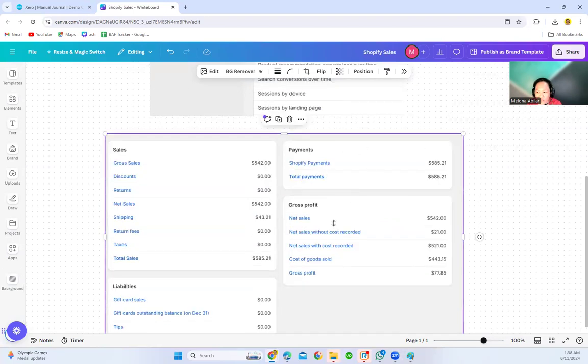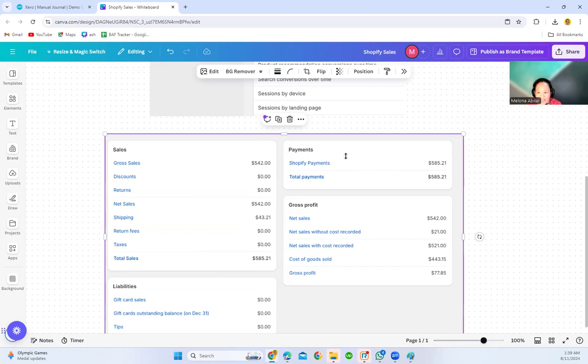The next one is we are reporting here the payments. This one is very simple because there is only one payment gateway, and Shopify payments is the one that is directly connected to your business checking account. If your Shopify store is growing, there will be more payment gateways like Afterpay or PayPal, so we would also create clearing accounts for those.